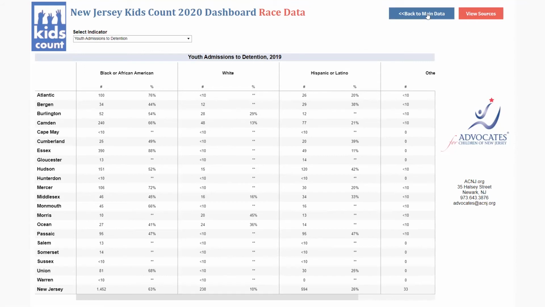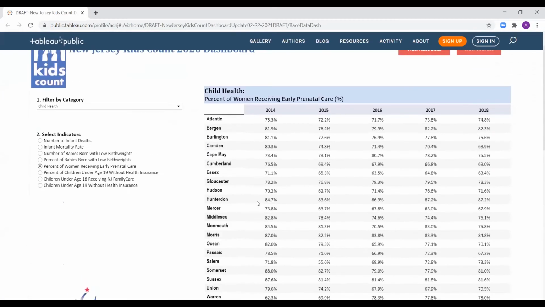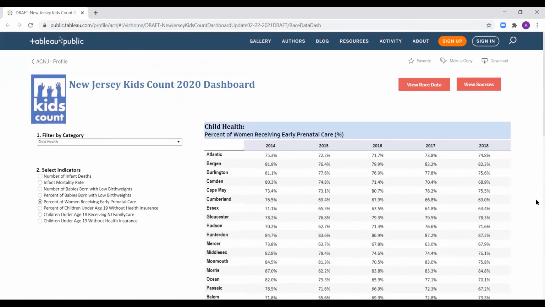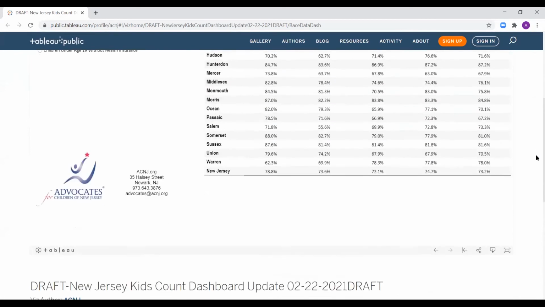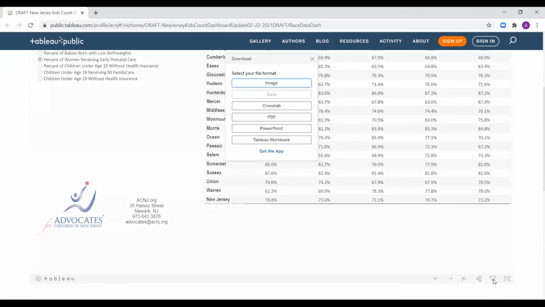We're going to go back to the main data because I'd like to show folks how to print the pages. So here we are, and I'm looking at the dashboard in full screen view. I'm going to hit Escape just to go into the typical view. And here we have this option up here, Download. However, most of the time, Tableau, which is the program that hosts our data dashboard, gives you the option to download a specific view that you are looking at. So we're going to click this download button, and then we have the option to select our file format. So I'm going to click PDF,